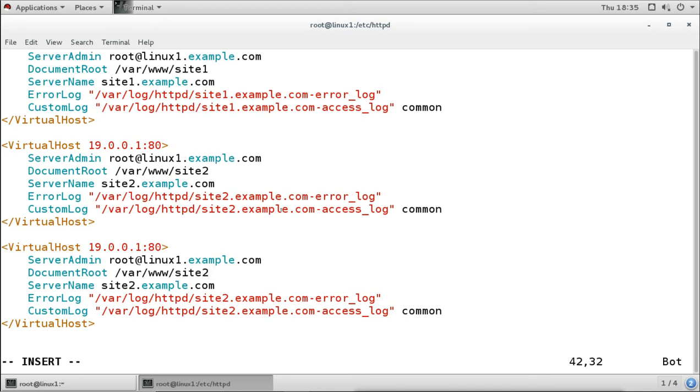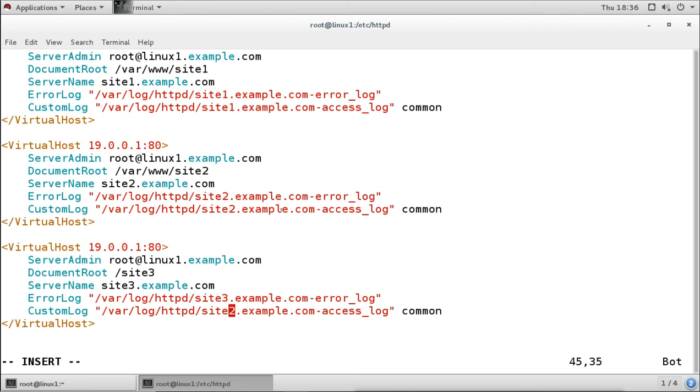I will create the directory not under the var www directory. Remember, the var www directory already has the syntax for the directory tag, but this one does not have. Now you see what happens when you do this.